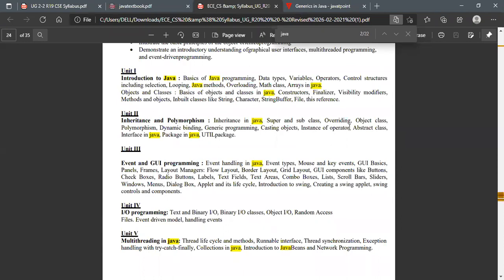So we are going to discuss the abstract class. Till here we discussed dynamic binding. Then generic programming and the casting of objects. Casting is a common thing. Just now we discussed upcasting, right? Casting means a conversion from one data type to another data type. So for this you need an example. We are going to discuss two more examples because this is somewhat different.